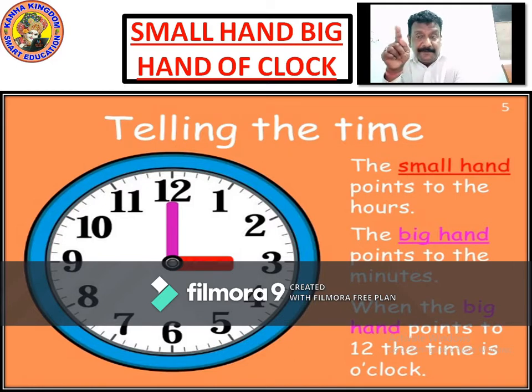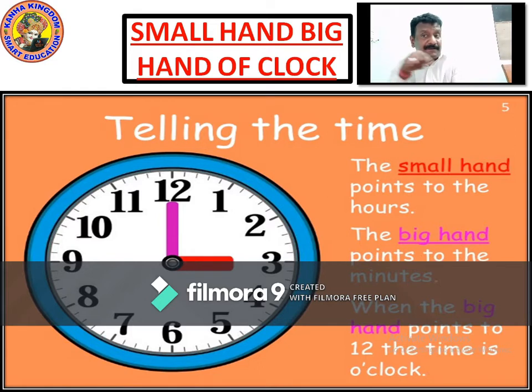When the 60 minutes go, if the second round goes and it comes to 12, instead of 3, that small hand will come to 4. If it crosses one time, it moves 3 to 4 to show the time as 4 o'clock. In 60 minutes, it will come to 4. In the next 60 minutes, it will come to 5. This is how 1 hour passes. As 1 hour passes, 3 to 4, 4 to 5.